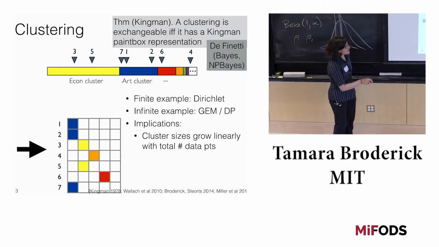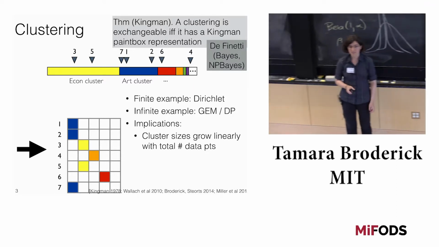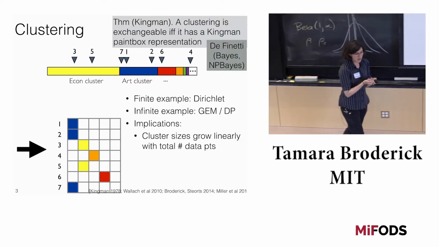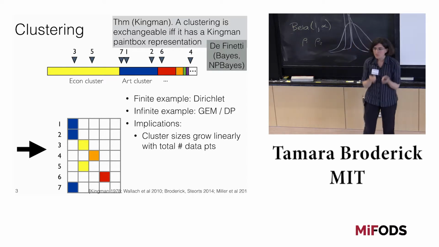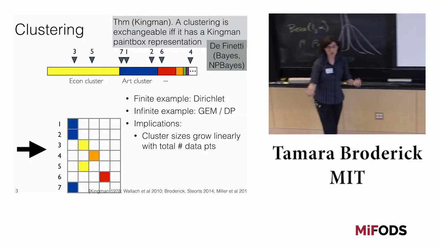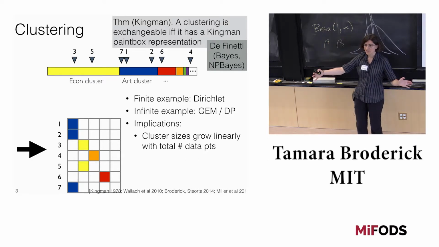So let's say you have an application where your cluster sizes cannot grow linearly with the number of data points. Like maybe you're in a census application and your clusters are people with different census records. Well, probably one person does not have 1 million census records. Certainly does not have some proportional number of census records to the total number of census records. And so that would be a case, coming back to Philippe's comment from earlier, what if we want sort of evenly sized clusters? You can't get that here.